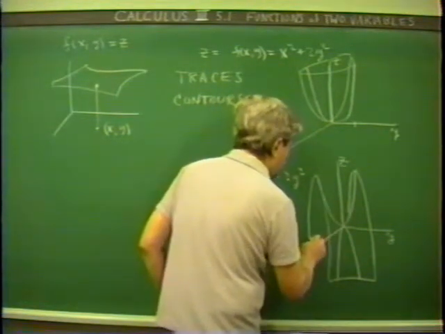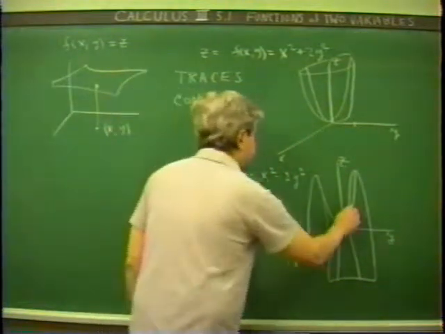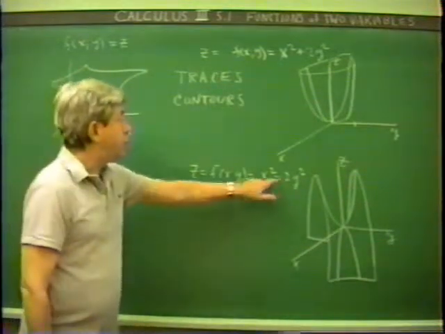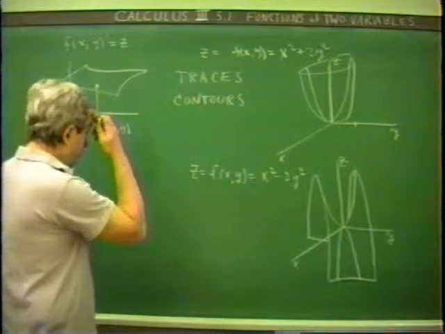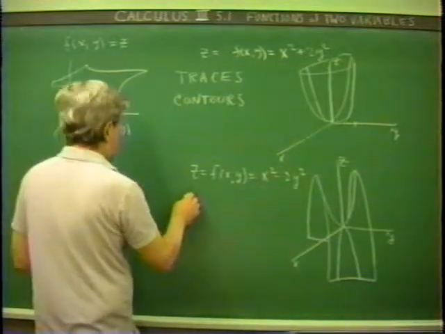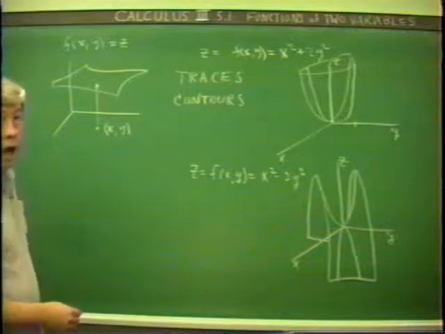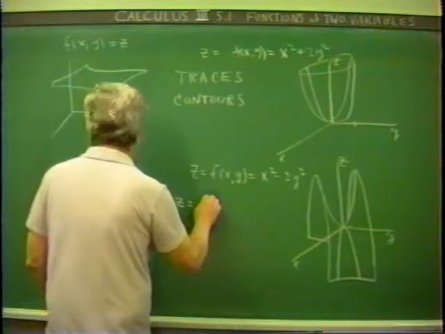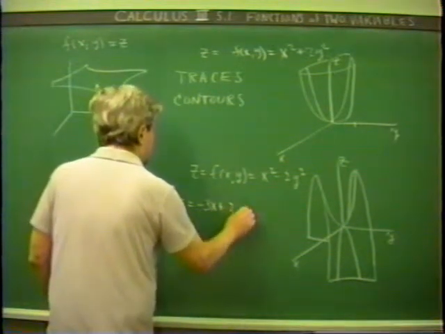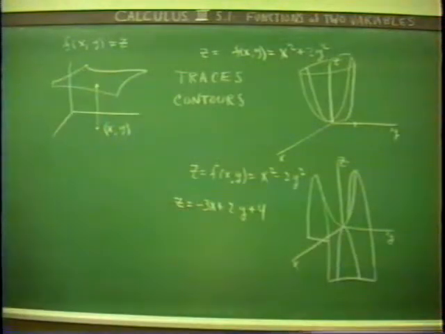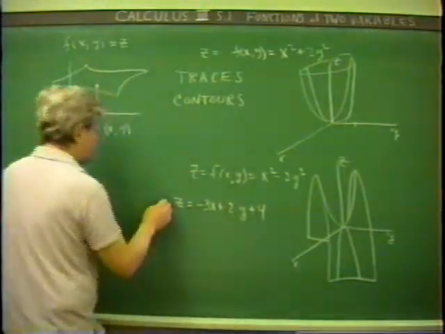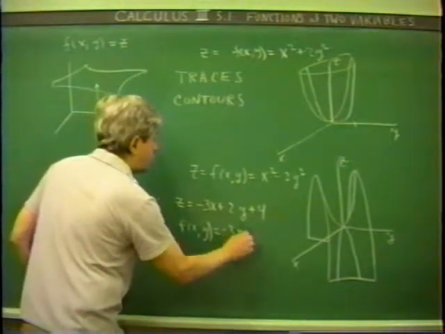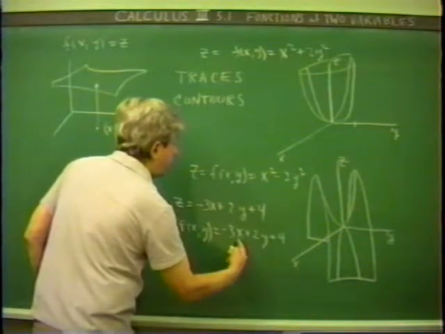It's defined for each pair of numbers, x and y. We get a value here, z equal to x squared minus 2y squared. A third example would be that of a plane. Most planes, except for the ones which are vertical, are going to be graphs of functions. So that, for example, if we let z equal to minus 3x plus 2y plus 4, all right? This is a function of x and y. F of x and y given by minus 3x plus 2y plus 4